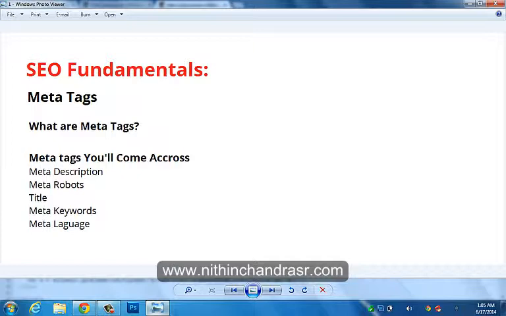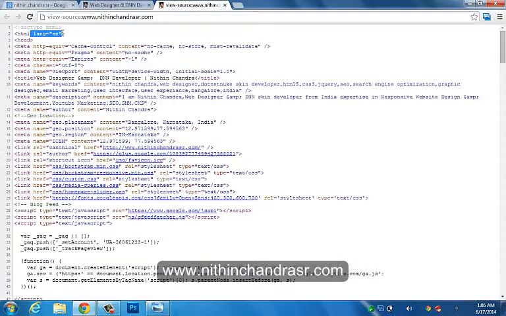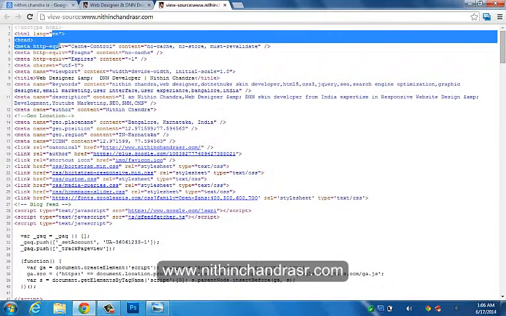So next thing is meta language. This tag was formerly used to declare the language of the web page, informing screen readers and other text processors what language they are dealing with, and makes web content more accessible. Using a lang attribute in the HTML tag, you say what language is used in your website, like English, or Portuguese, or anything.